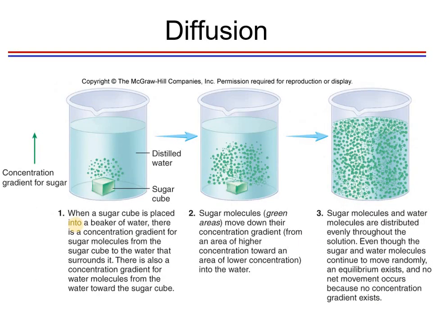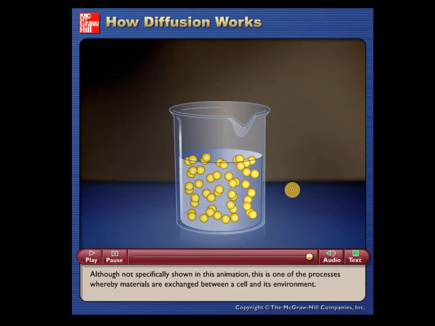So yan. So paano ba nangyayari yung diffusion, guys? So from an area of higher concentration, for example, in this setup, yung sugar cube, meron siyang higher concentration of the sugar, and then eventually it will spread from area of higher concentration going to the area of lower concentration. So ganun hanggang maubos or ma-distribute equally or uniformly yung mga substances. So hanggang ma-achieve yung equilibrium. Pag na-achieve na yung equilibrium, titigil na yung diffusion. So yan yung for diffusion.